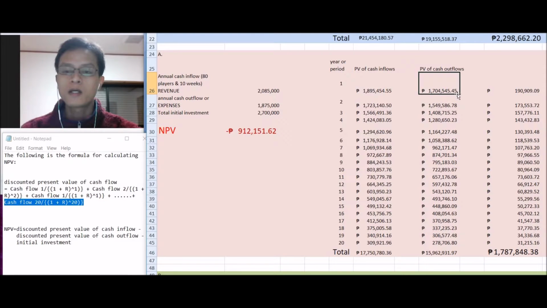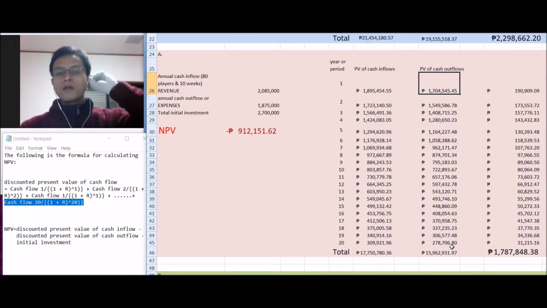After you're done, the same goes with this outflow. You're going to take the sum of all